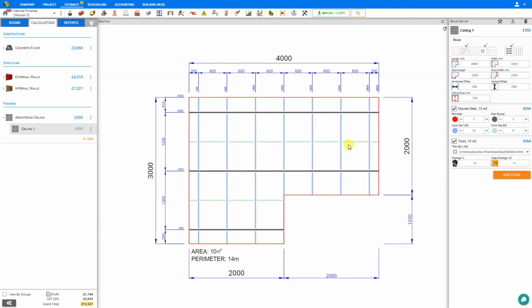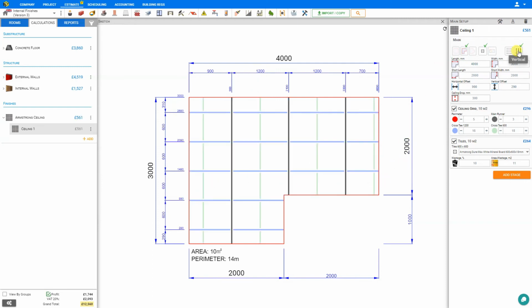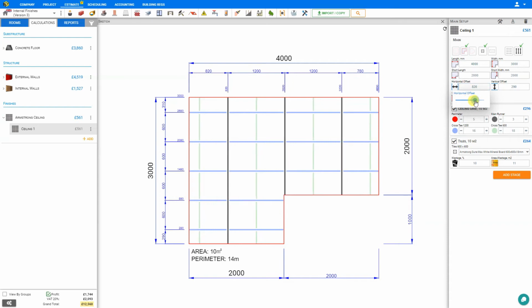Now we can also choose to set the direction of our main bar. Currently it is set for horizontal, but here we can change it to vertical if we wish. And since that changed the placement of the vertical bars, we can now adjust the horizontal offset to keep the symmetry. There. The system automatically calculates the length and quantity of each component needed, including the perimeter bars, the main runners,